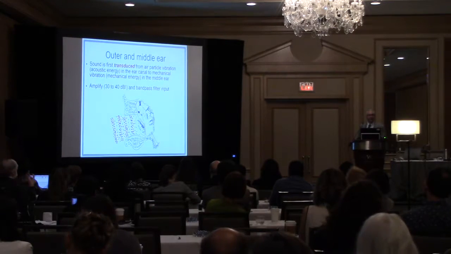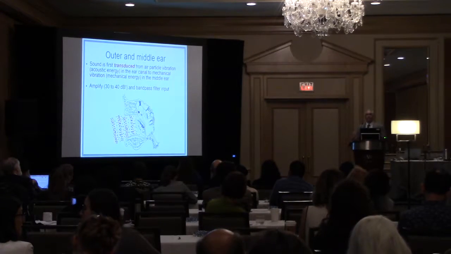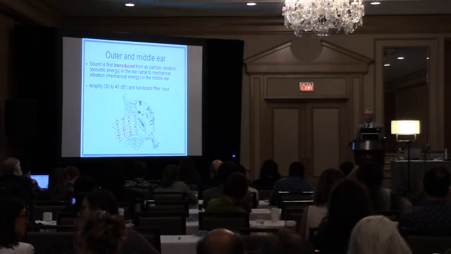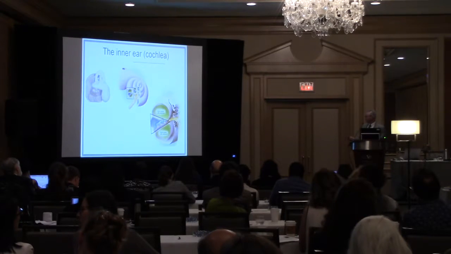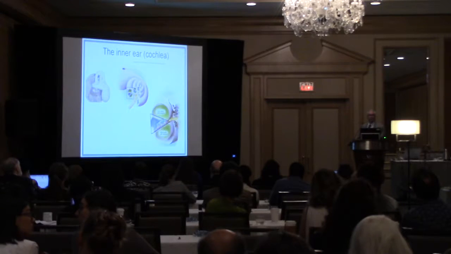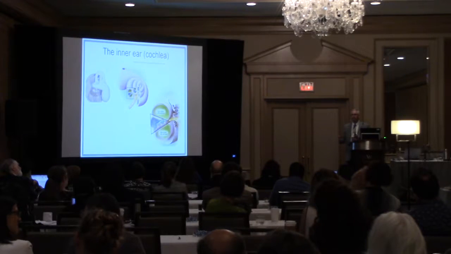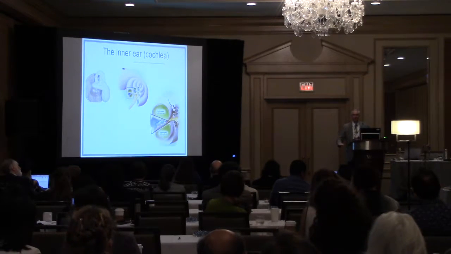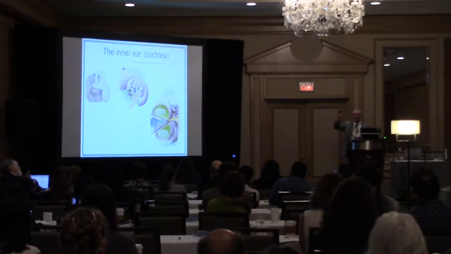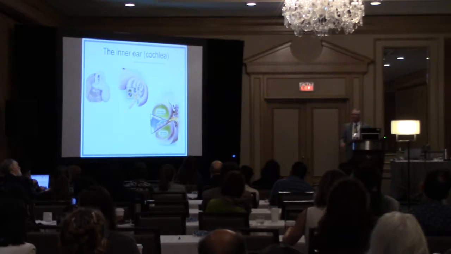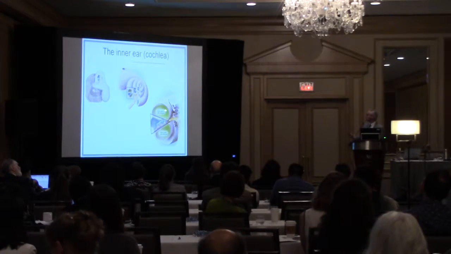Why do we need to amplify sound there in the middle ear? Because the sound in air is vibrating with a certain amount of energy or amplitude or intensity, and it needs to vibrate the fluid that is in these little chambers in the cochlea. So we need to get a vibration from air to fluid. Think about sound above a pool going into sound when you're underneath the water in the pool. Most of the sound vibration hits the surface and bounces back off. Not much goes into the pool. And so you need an amplifier to get vibration into the pool of water that's in these two chambers of